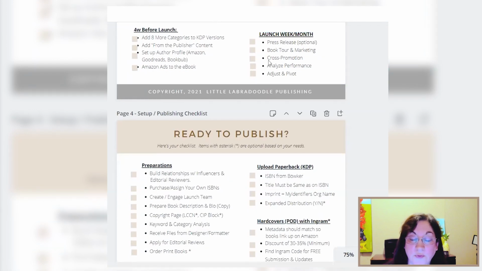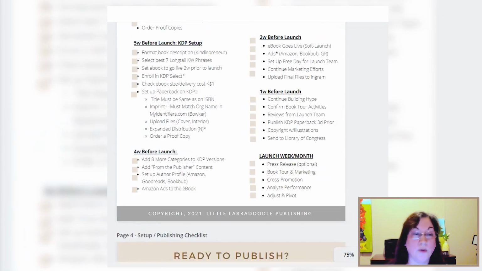And then launch week, you've got press release, you've got book tours, do whatever you're doing to continue to move forward, cross promote with other authors, continue to run your ads, analyze your performance, adjust and pivot as you need to. So just keep this moving. There's lots of activities that happen post-launch.